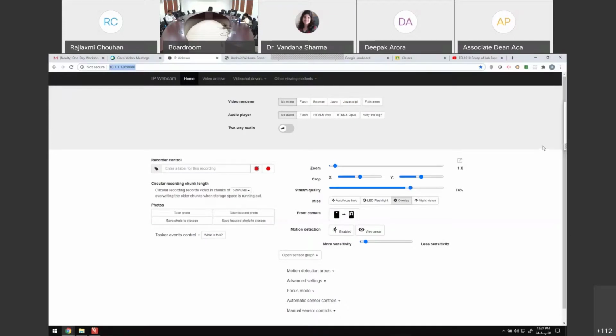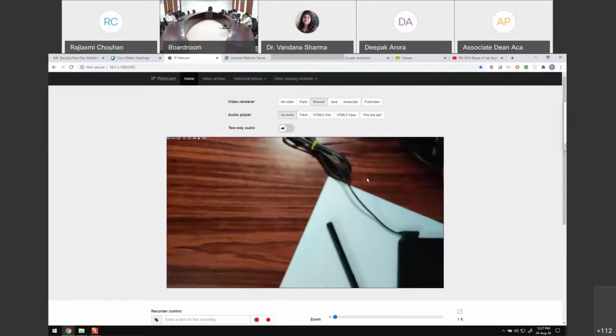And they need to be on the same Wi-Fi network, or say it's a data network. When you type it in your browser, this kind of a page would open. You click on browser. Right, so I'm removing my tablet.